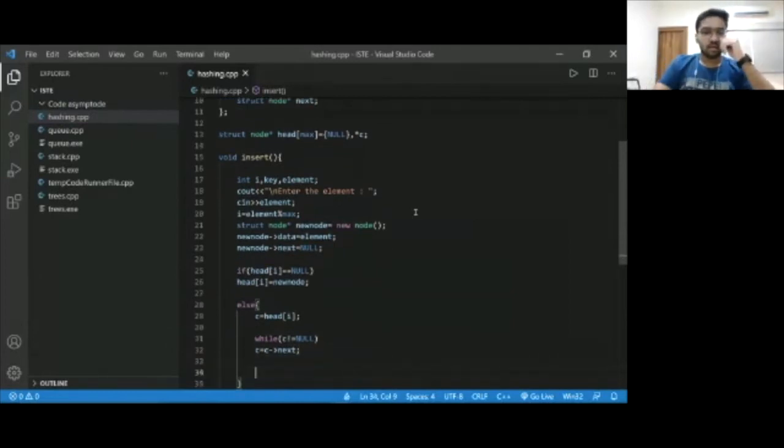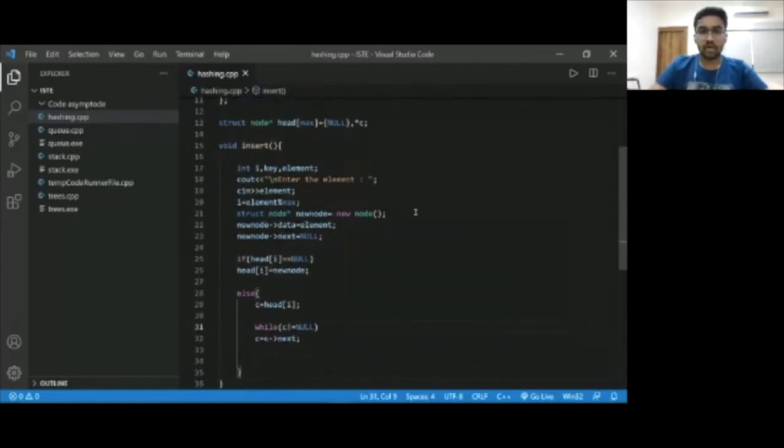If there is some data in our hash table, then c will iterate until we find a null. So the last element that you will access will be pointed to by c after exiting this loop, because once we iterate, if c is null, we will not iterate any further.